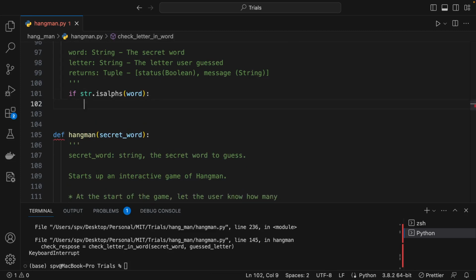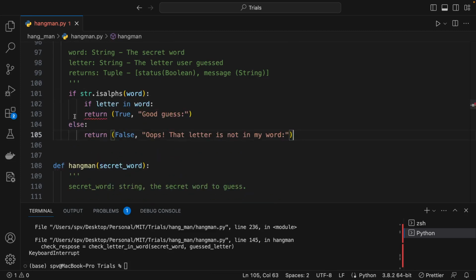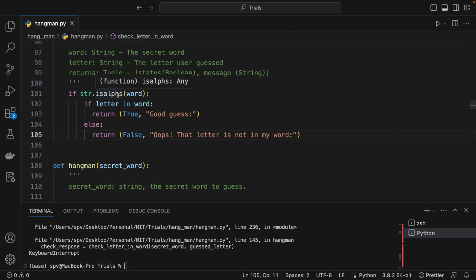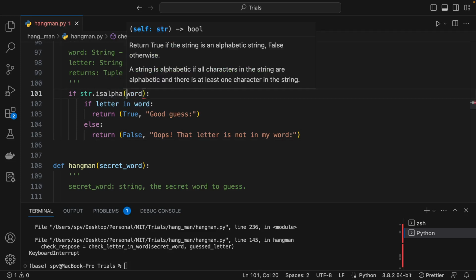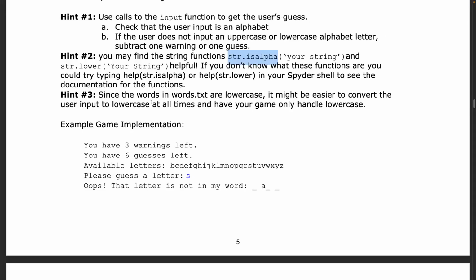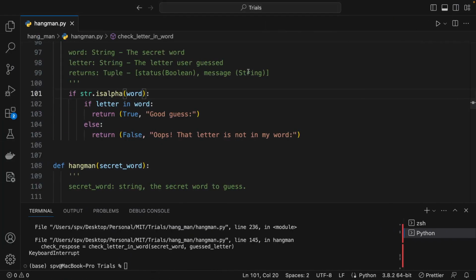If it is alpha, yes, is alpha. Okay, if it is not an alphabet, then